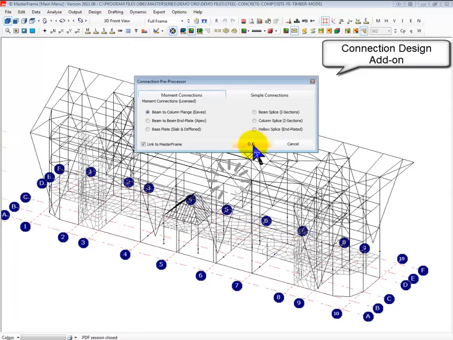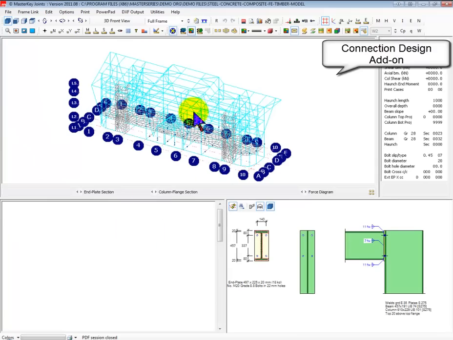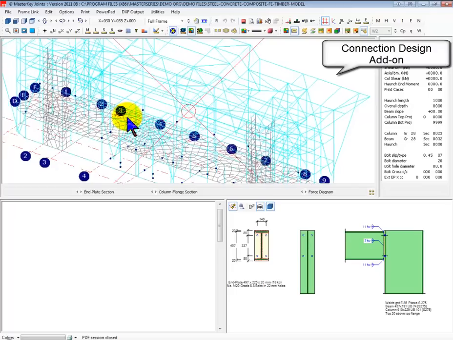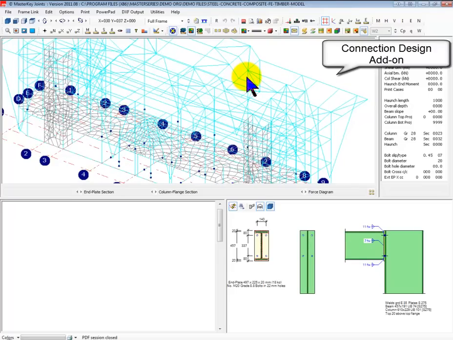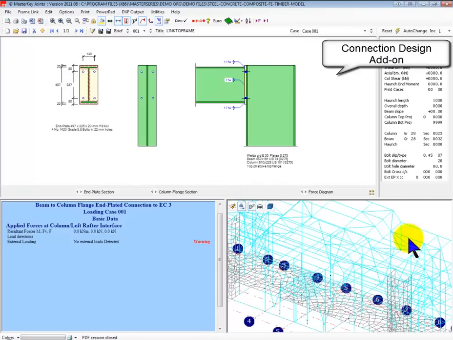And we'll do, what'll we do? We'll do an eaves type connection. I'm sure we'll find one somewhere to do. I'm quite certain that possibly that member. Oh, didn't like it. Maybe try